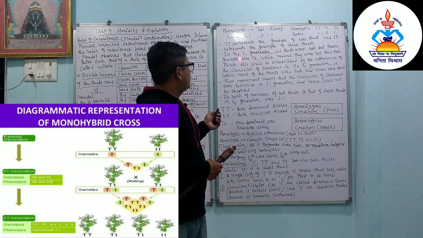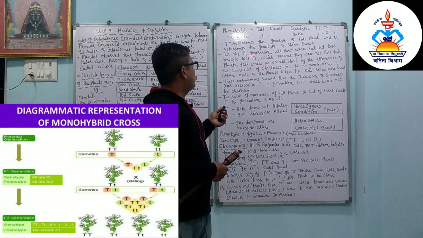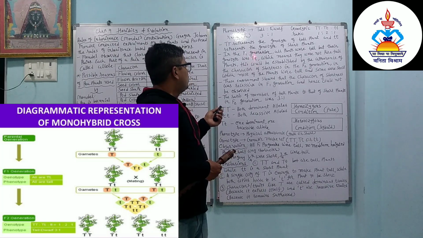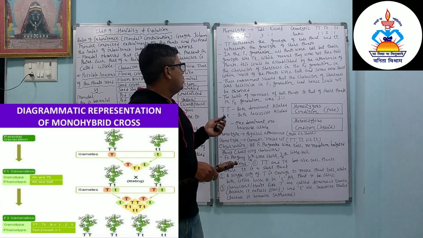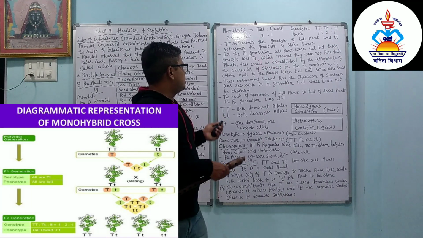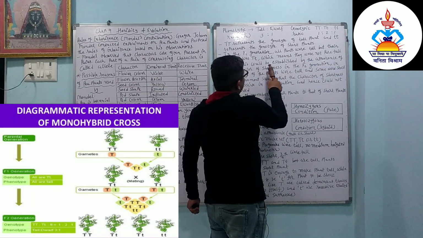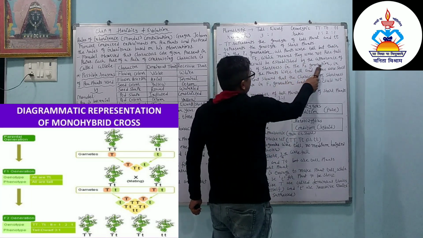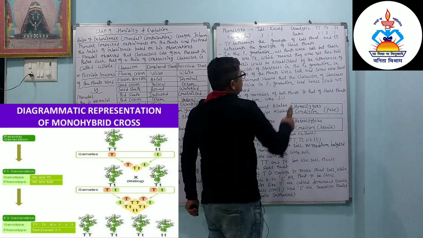So we get the first generation, F1 generation. All plants were tall but their genotype was what? Because pollination occurs, we get capital T and small t. Genotype was capital T and small t and they are not short plants. So here shortness is recessive, which means that they were not pure tall plants. This could be established by the appearance of the character of shortness in the F2 generation, in which most of the plants were tall and some were short.